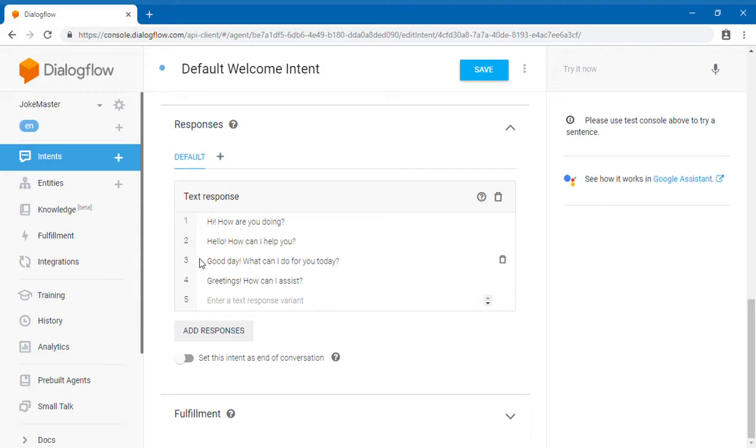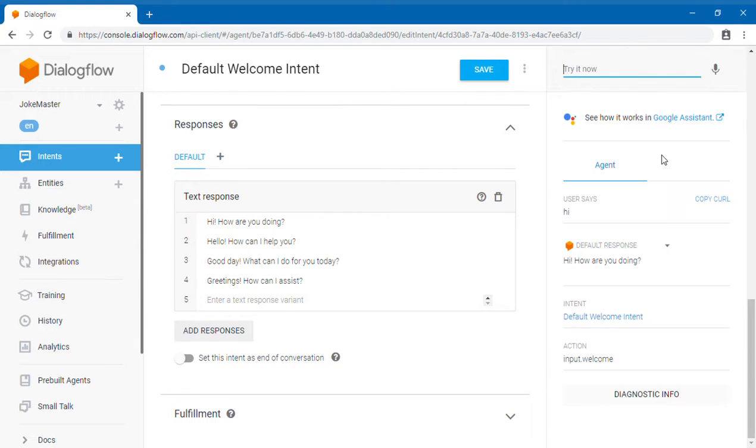After this, if a user asks, tell me some jokes, then our agent will recognize that we need some jokes. But the problem is we didn't do anything to reply with a joke, so there's nothing which we need to do over here. If you want, let's try it over here. Okay, so right now I'm saying hi. Now it's running. Look, it replies, hi, how are you doing? So all these can be mentioned here.